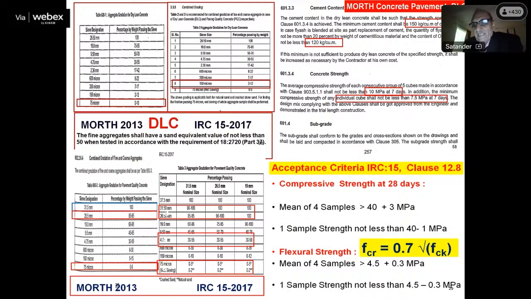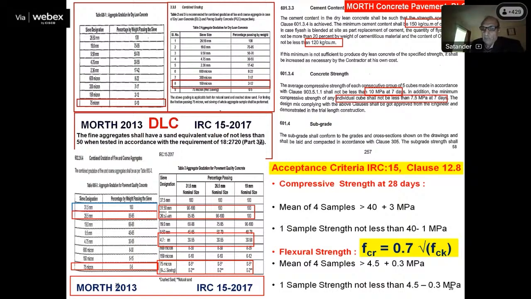In the IRC, 7 megapascal is given, or 7.5. But that also we have maintained at 10 megapascal because we are going bonded also. So we are not changing the specification too much. And for rigid pavement, as per IRC 15 clause 12.8, FCK plus 3 average and 1 FCK, then minimum example 39. And to convert compressive into flexural, take the square root of the compressive strength and multiply by 0.7, you will get